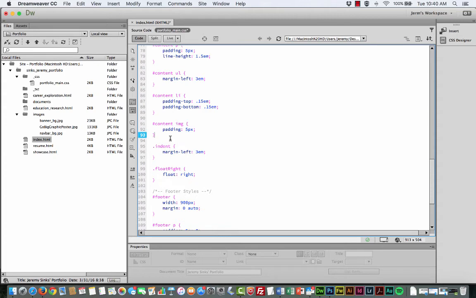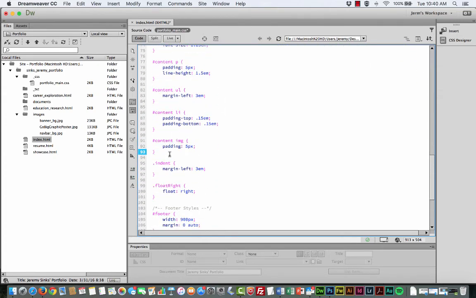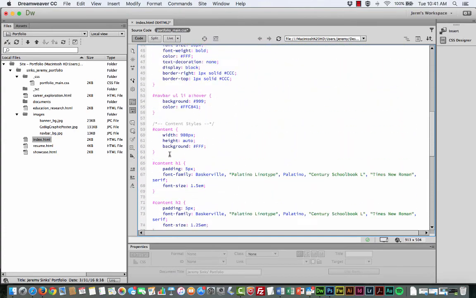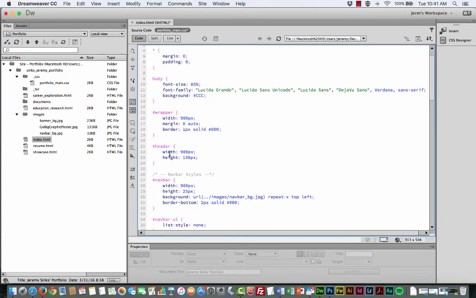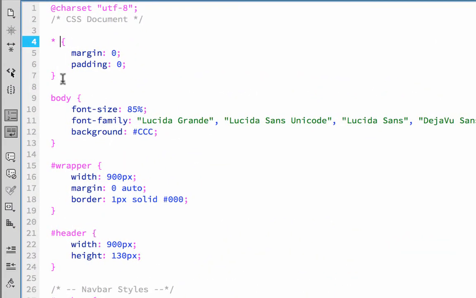We're going to create a class, but this class we can apply anywhere, so we're not going to just leave it in the content area. We're going to scroll up to the top, and underneath the asterisk symbol, this is where I usually like to keep it, because this is one of those universal type classes that you can use anywhere on your page. So after that closing curly brace, right after the asterisk on my line 7, I'm going to hit the enter return key,